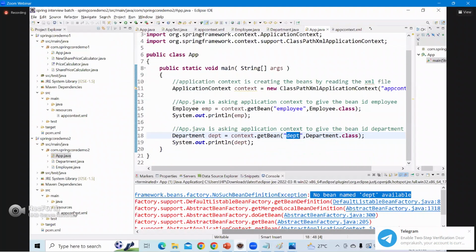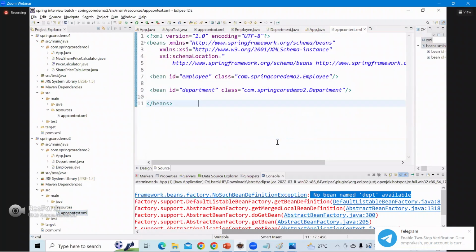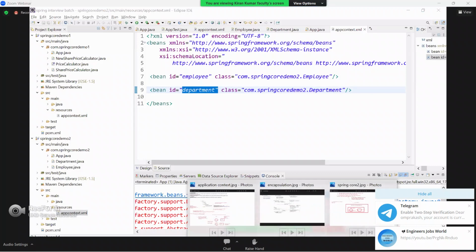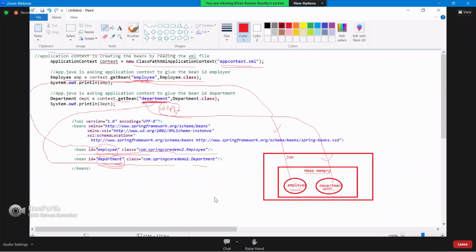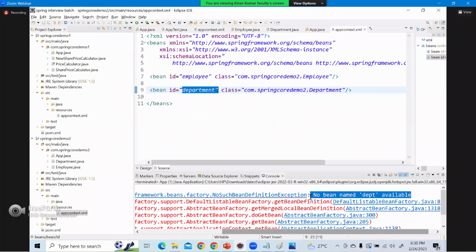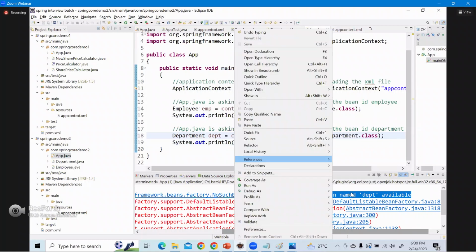How? Because in your XML file, you have given the bean ID as department. So when you say DEPT, it gives an error like this: NoSuchBeanDefinitionException, no bean named DEPT available. So then what will you do? You will go here and correct it to department. Now when you run this program